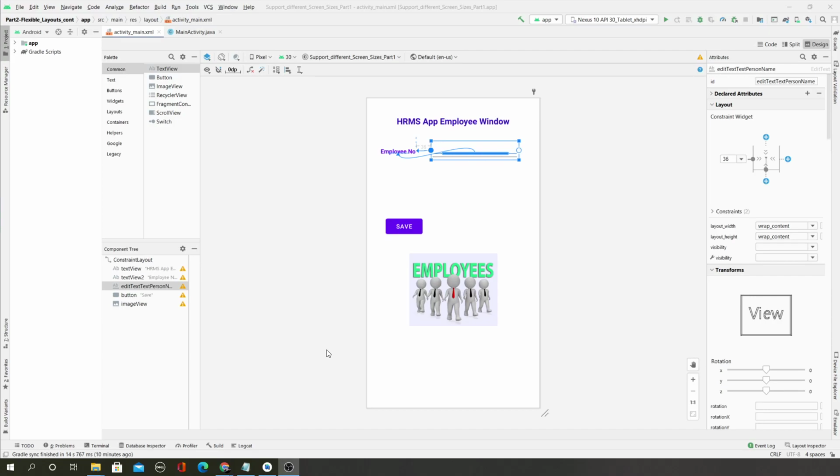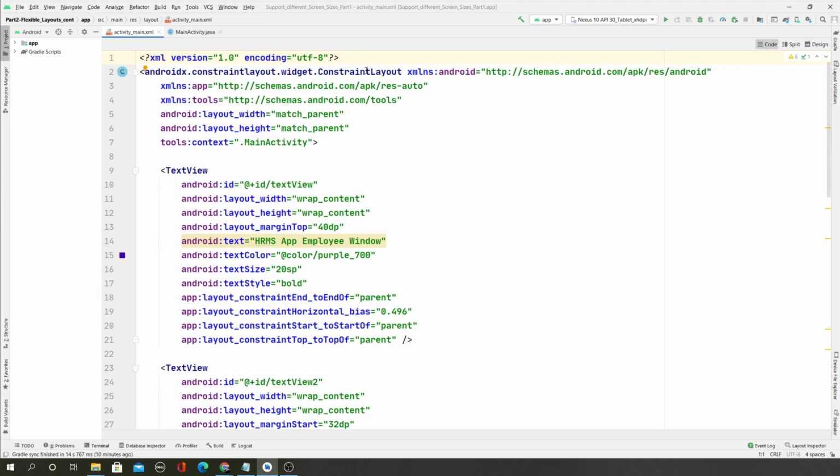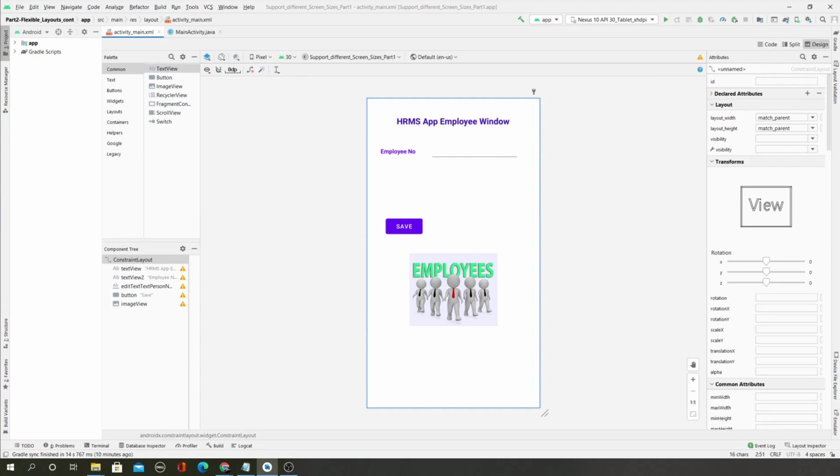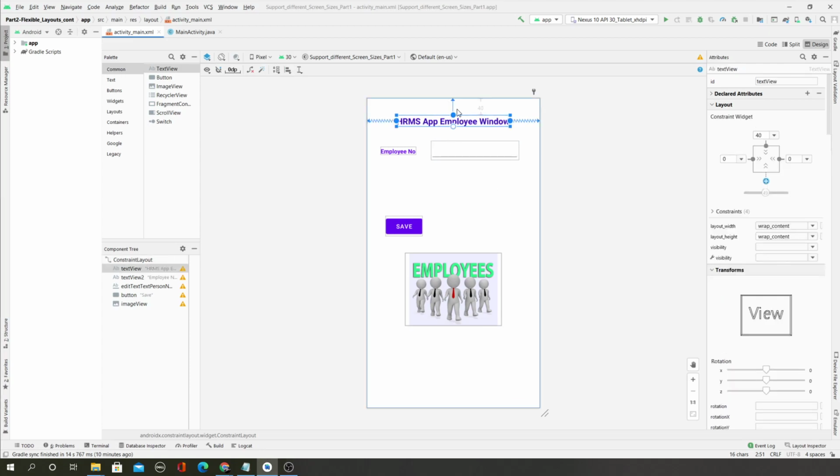This is the practical we started in the previous part 1, where we added the components and added constraint layout. If you look at the XML coding, you can see it's a constraint layout, and we have constrained the components to each other. One thing very important as a revision is, when you have components like this, the one at the top, you will constrain it to the parent window, but the ones after that, towards the left-hand side you will constrain it to the parent window, but